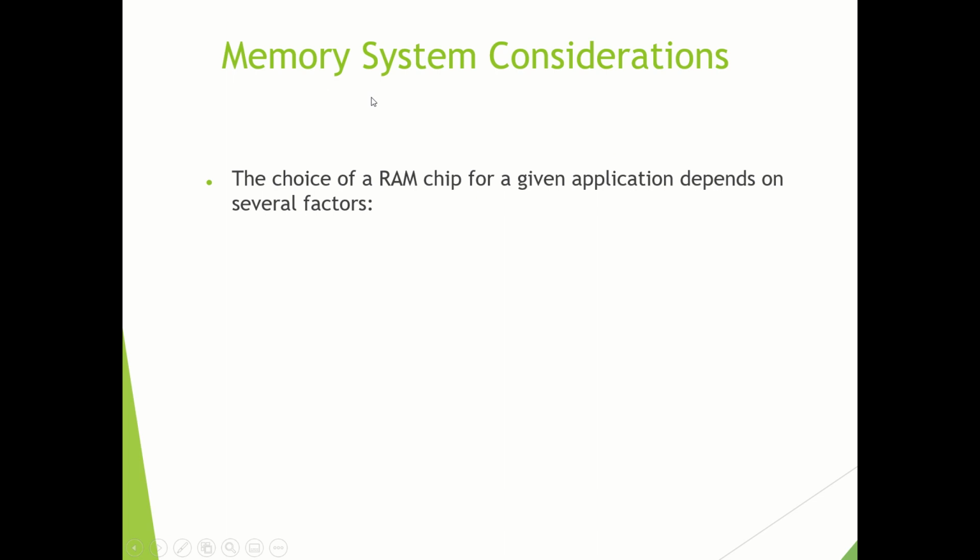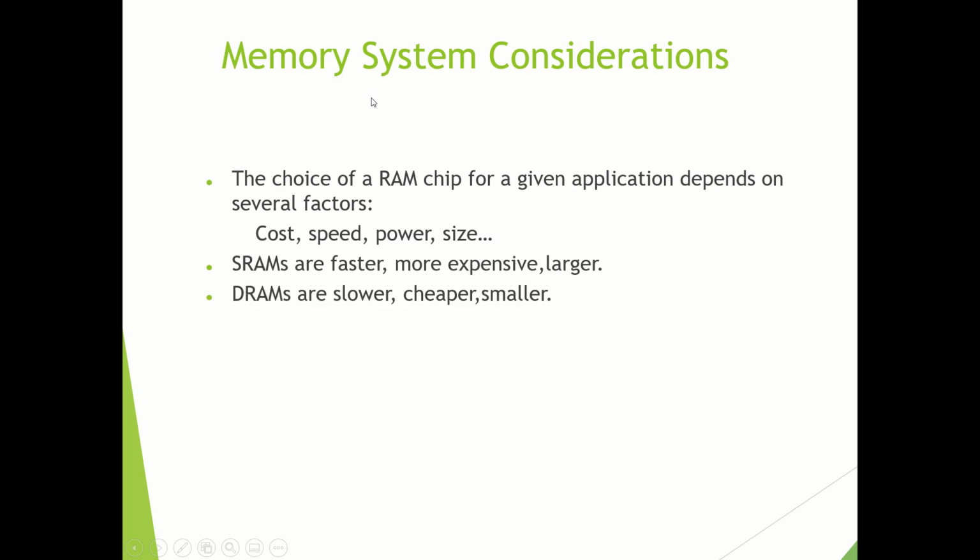So as we said, if DRAM is considered, it is lower in speed, cheaper, and smaller in size. So based on our factor, we have to choose based on our application, that is, to which point we are giving importance, and based on that we can use the appropriate RAM. And here we have to consider the main advantages and drawbacks of each type of RAM. And mainly SRAMs are huge in size. I mean cost is high and speed is high.